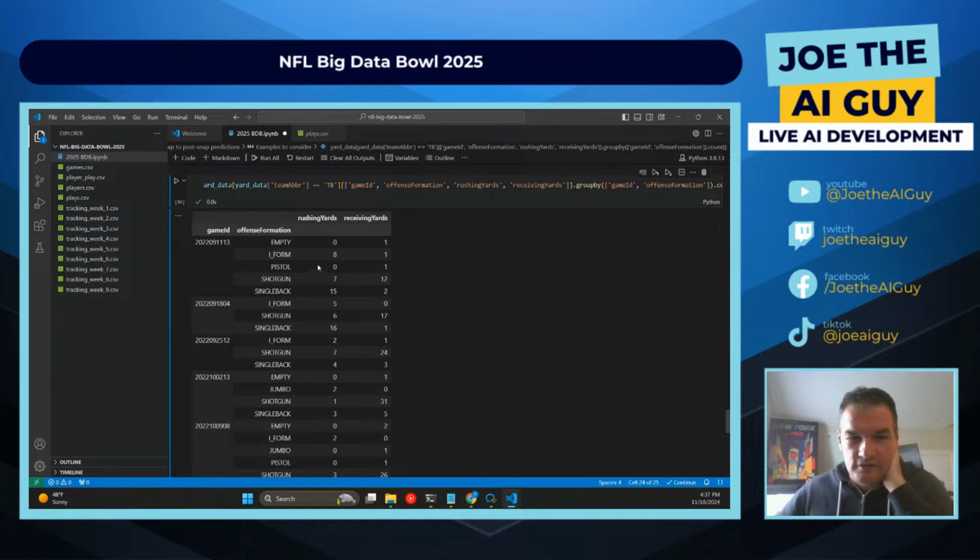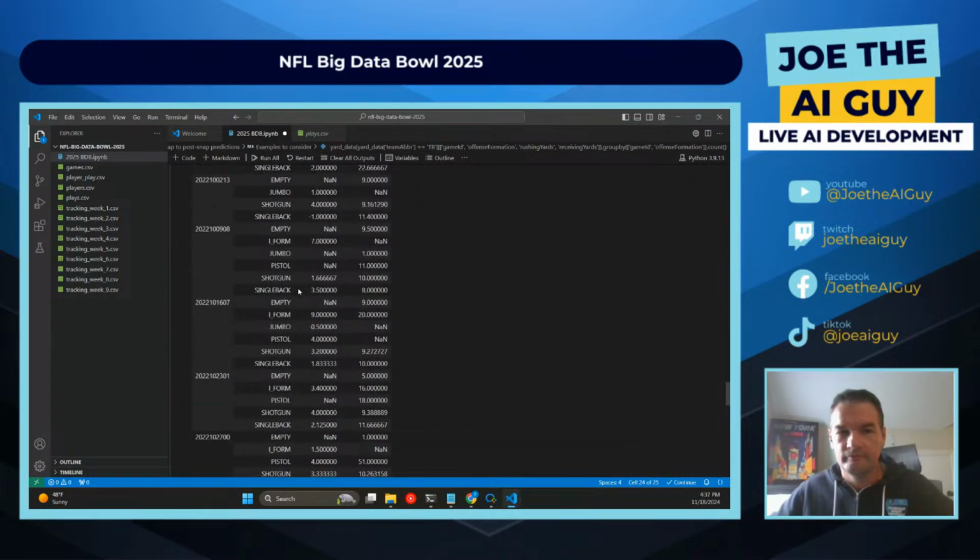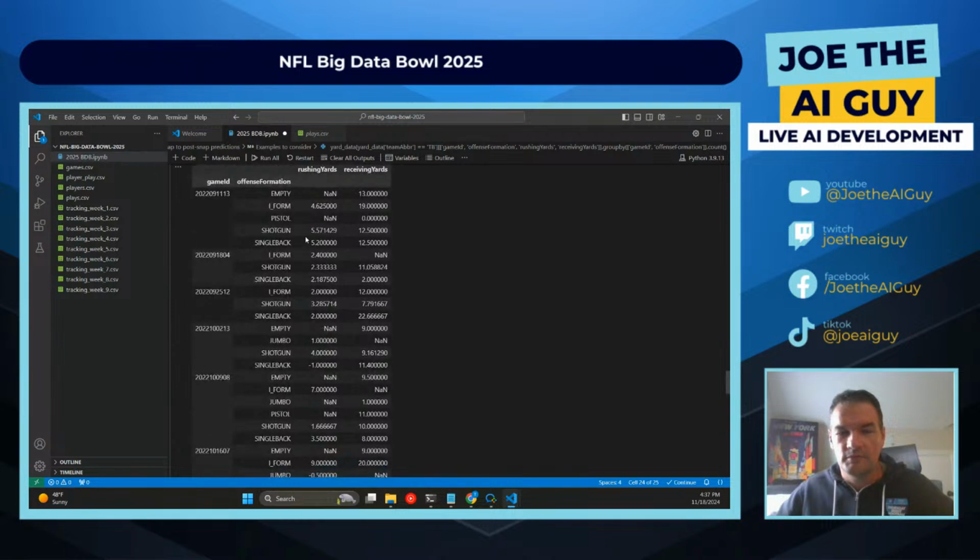So now if we're looking at this on a week-to-week basis, this, I guess, is in no particular order here. You can see very similar outcomes. About half the time in single back, half the time in shotgun, in terms of the number of plays you're running. And then go up here to the data. Very similar outcomes overall in terms of receiving and rushing. So it seems like a good game offensively for them, in terms of the rush attack,